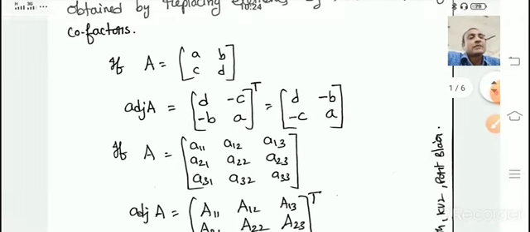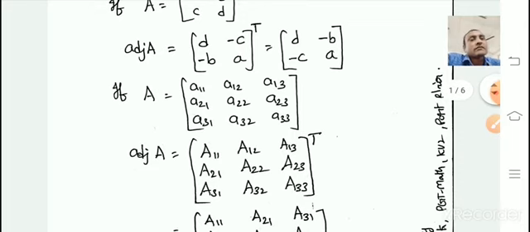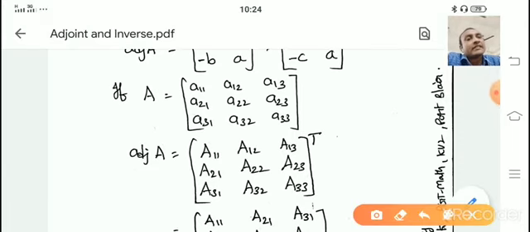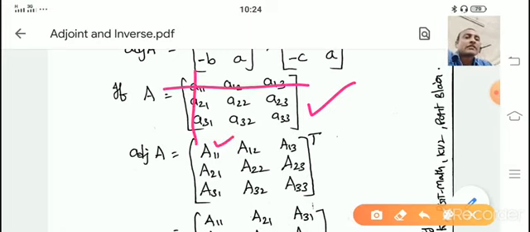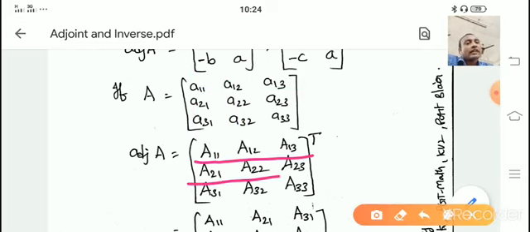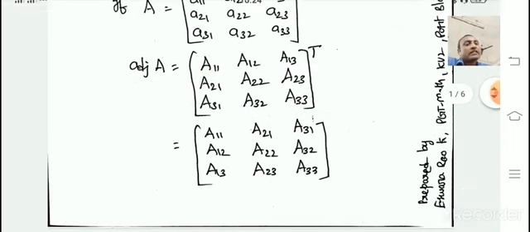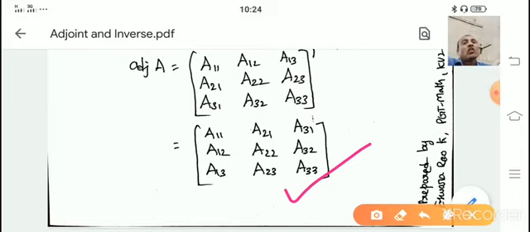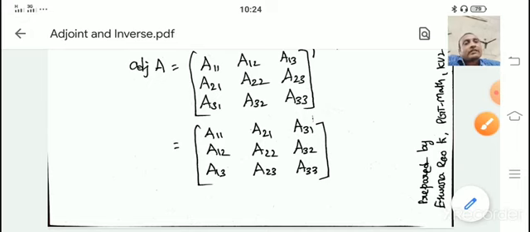If the adjoint of a 3 by 3 matrix is given, the matrix is 3 by 3. When it is like this, find all the cofactors. A11 cofactor is capital A11, A12 cofactor is capital A12. You know how to find the cofactors. Write all the cofactors row wise, the corresponding cofactors, and transpose it. After finding that, transpose it, then you will get the adjoint. But here it is a long process. You will have to find the cofactors. That is quite a long process.